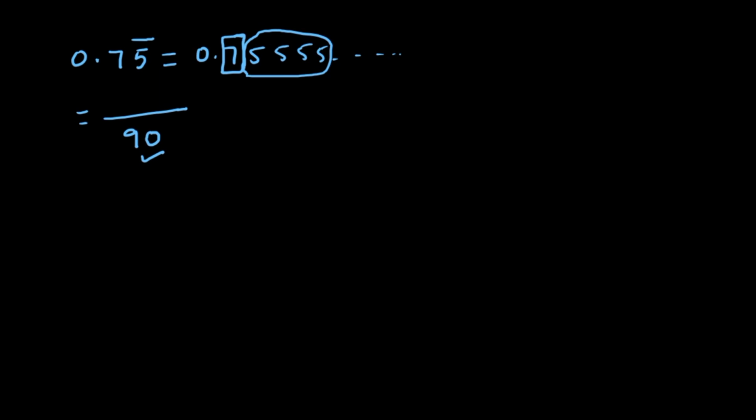Now what do we write in the numerator? Not 75 directly. First we write the number without bar and without decimal, that's 75, minus, subtract this 7 from that. Got it? This 75 I have written as usual. From that, this non-repeating digit, that is 7, should be subtracted. Then you will get 68 divided by 90. And if you want to do the cancellation from this, you can do it, but this is the general process. Okay, so let us discuss one more example.